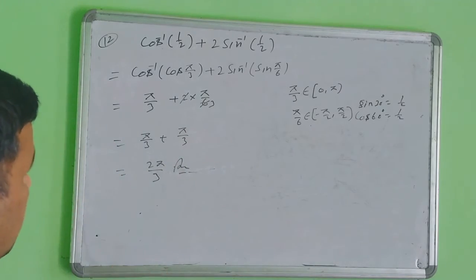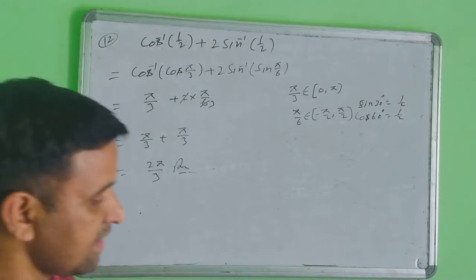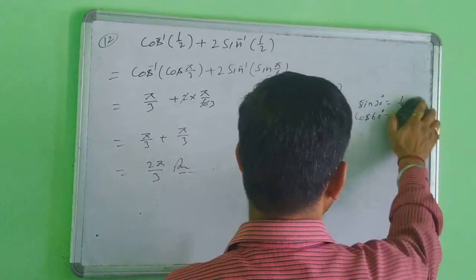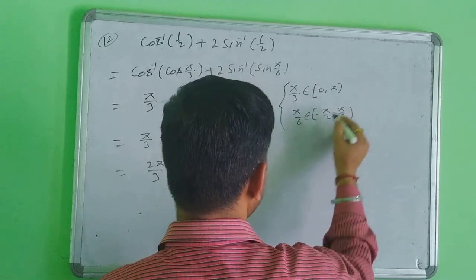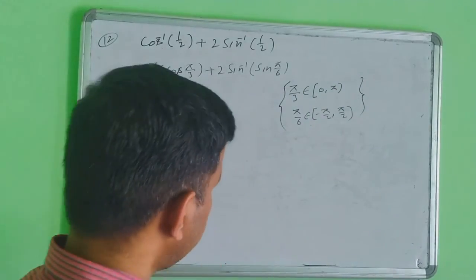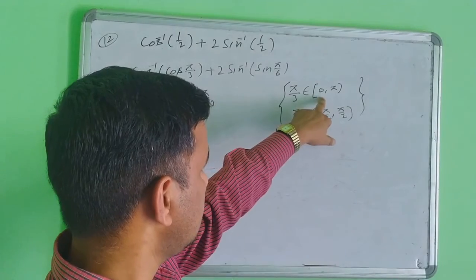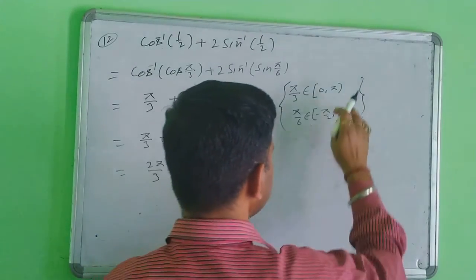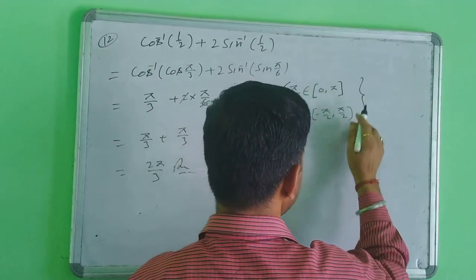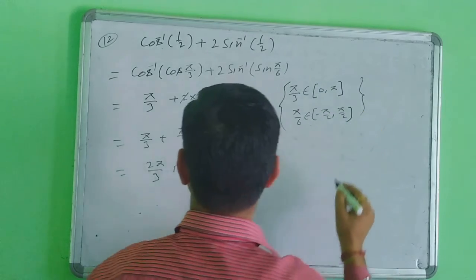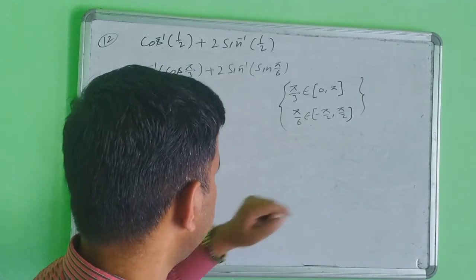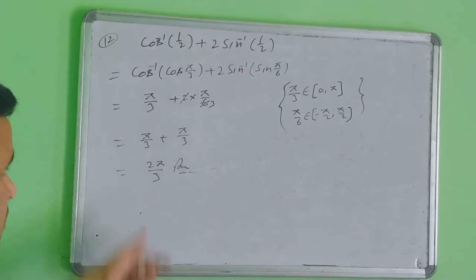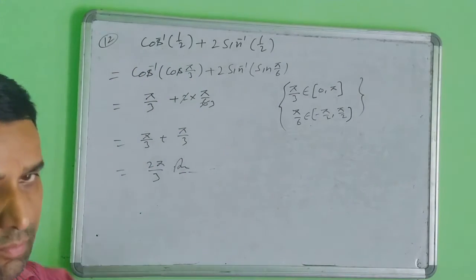You can solve it in one step, but you will write the range in this form. This is also your fair work. Pi by 3 is for cos; this belongs to the closed interval, the range of cos. For sine, the value pi by 6 belongs to minus pi by 2 to plus pi by 2. So yes, just note it down. In this way you can solve any question even if it is given in combined form. Yes, note it down.